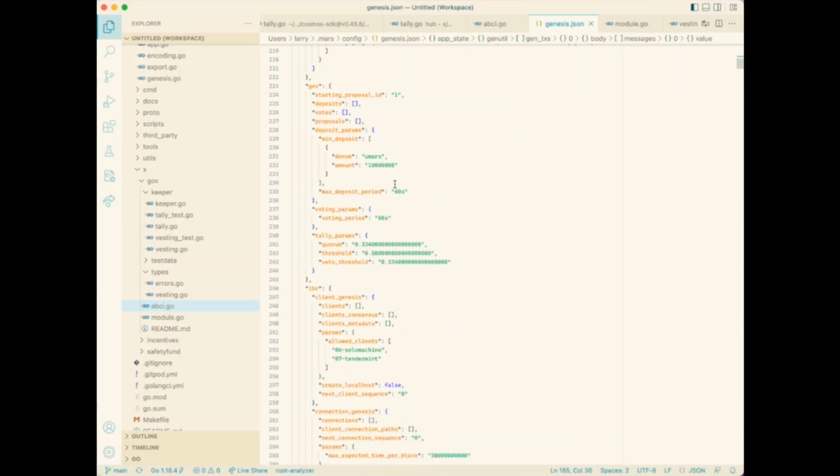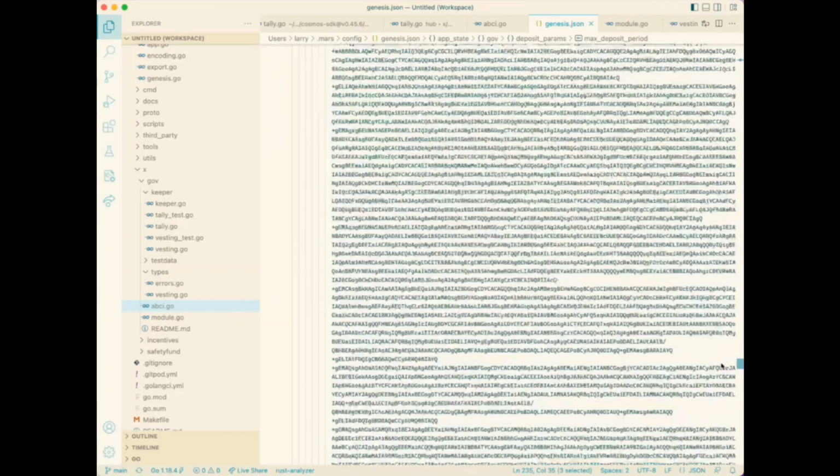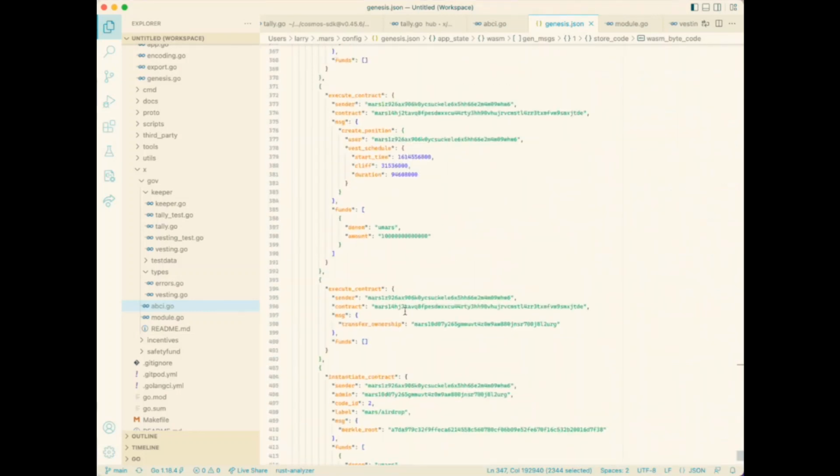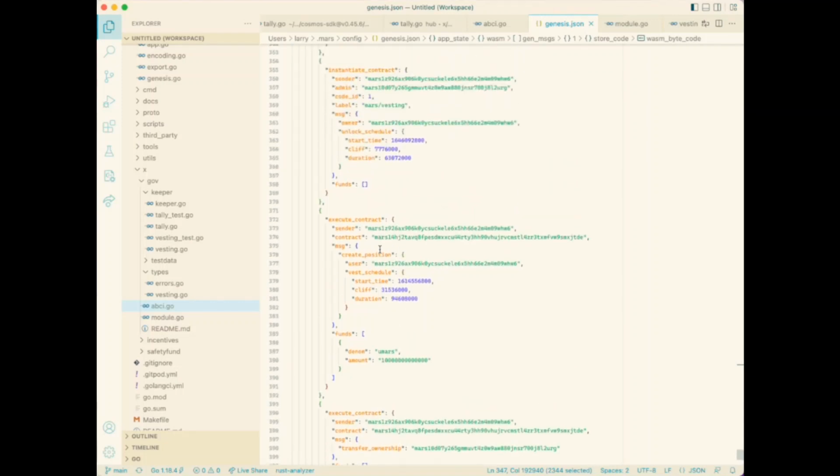Oh, and by the way, I reduced the governance voting period to 60 seconds, so you don't have to wait 5 minutes as we did in the previous sessions. And for the vesting contract, these are the contract binary code, a bunch of stuff. For our contract, we only have one builder in this demonstration. And we create this vesting position for this builder, and the amount is